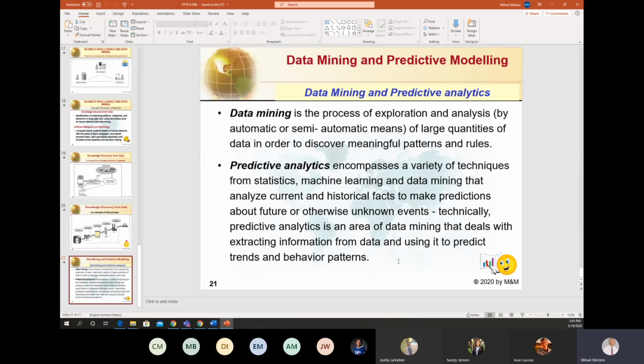As I told you, the case is very, very big if we want to cover all these advanced techniques that we introduced in chapters 8, 9, and now we will start with data mining.